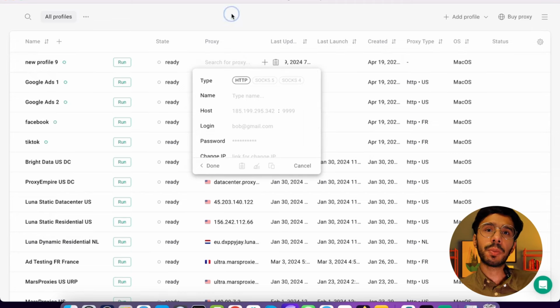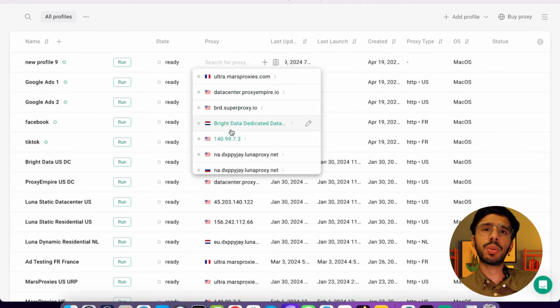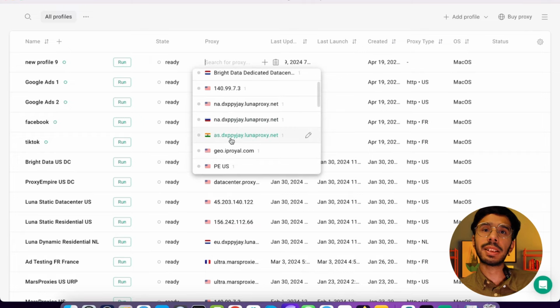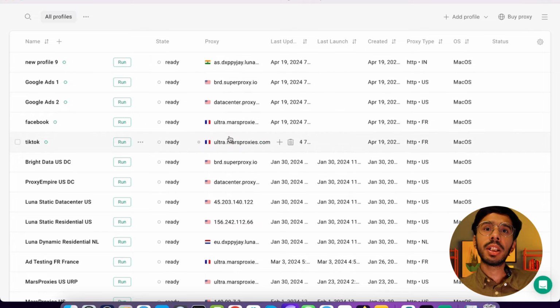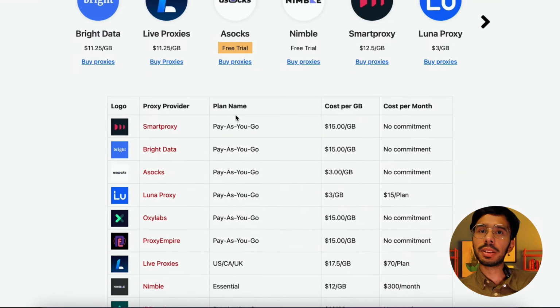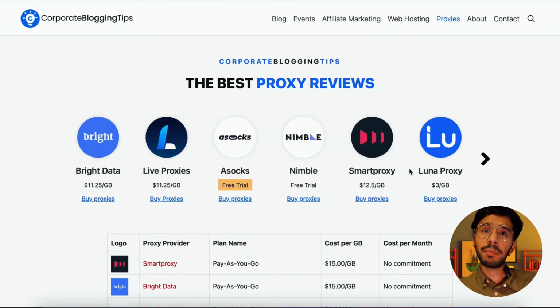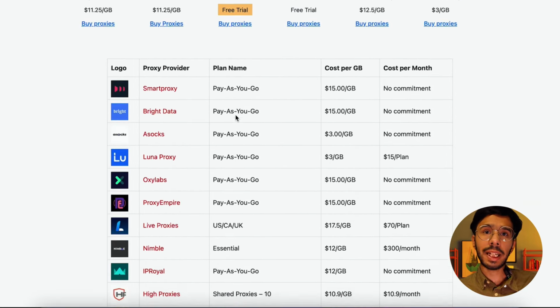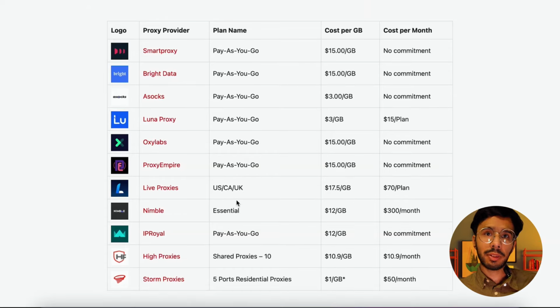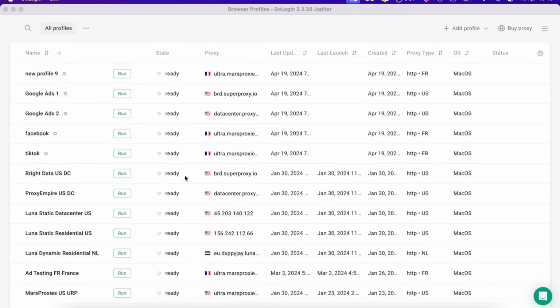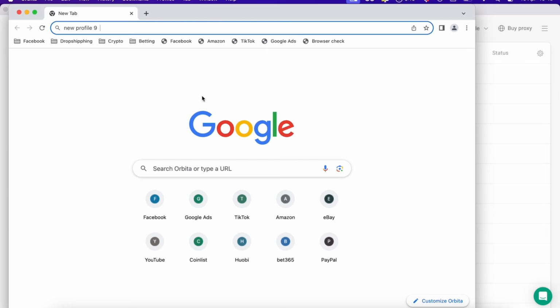This will secure you by displaying a different location to any service, and it will be static for always. So if you already have proxies, set it up here, or you can check out my comparisons and reviews on my website, and your profile is ready, and you can launch it by clicking on run and enjoy the convenience of use. Make sure you do not log into other accounts that you use in other profiles.